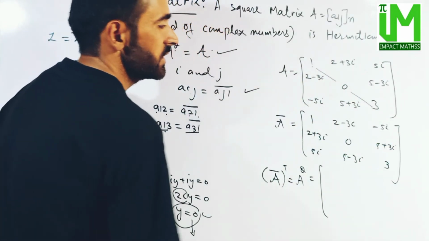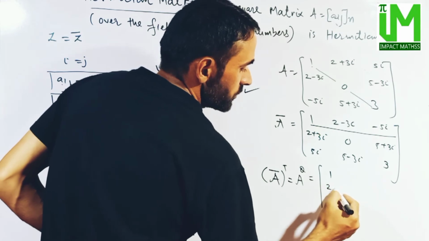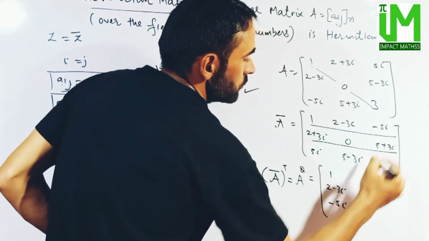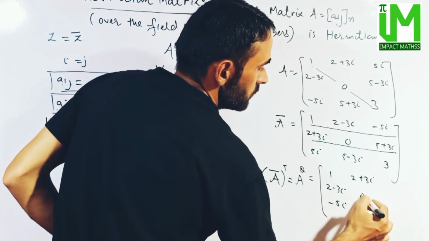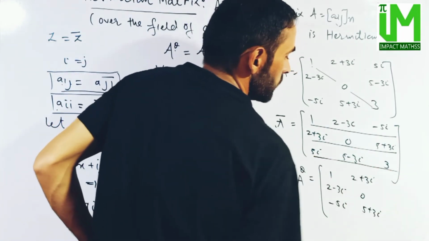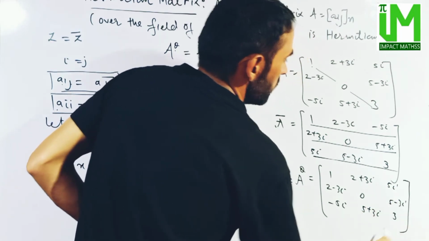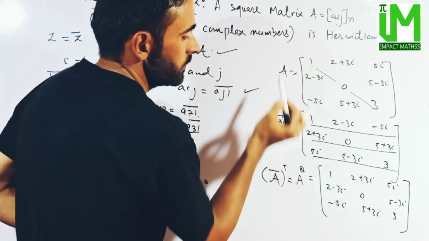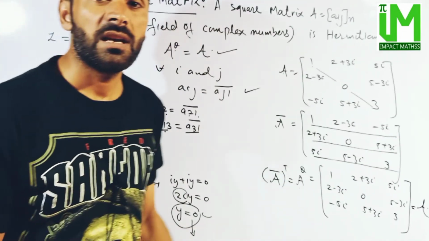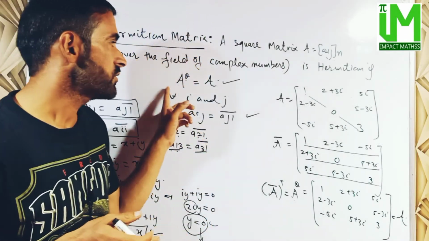वो होगा सिंपली यहाँ पे हमको रोज और कॉलम्स को इंटरचेंज करना है, so वो होगा 1, यानी रो 1 बनेगी हमारी ये कॉलम 1, so this will be 2 minus 3i and this will be minus 5 iota, ये होगा कॉलम 2, so this is 2 plus 3 iota 0, 0 5 plus 3 iota, and then ये रो 3 होगी हमारी कॉलम 3, so this is 5 minus 3 iota and then this will be 3। फिर से अगर आप चेक करें इस मैट्रिक्स को और इस मैट्रिक्स को, A conjugate transpose definitely A के बराबर है, so that means this matrix is a Hermitian matrix।